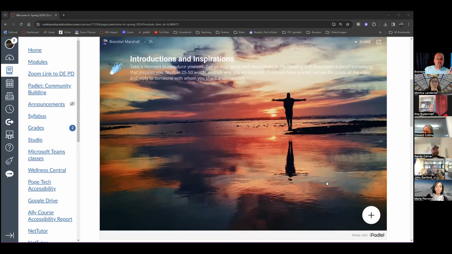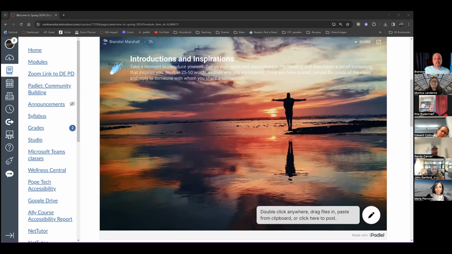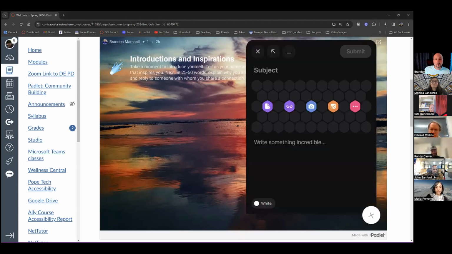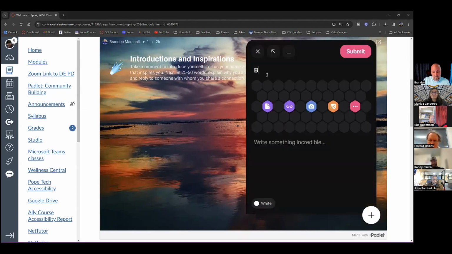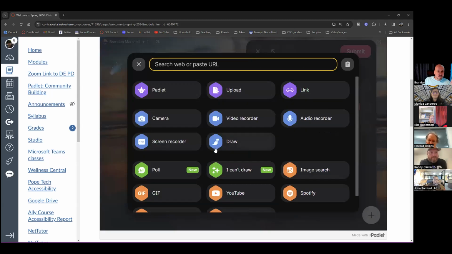But in order to use Padlet, just in case this is your first time, there's this giant plus button down here in the corner. And then subject here. So I would put Brandon Marshall, English. All right, and then in order to put a picture of something here, this little icon is really useful. If you have a picture on your computer or you know where there's one at, you can use a bunch of different things here.